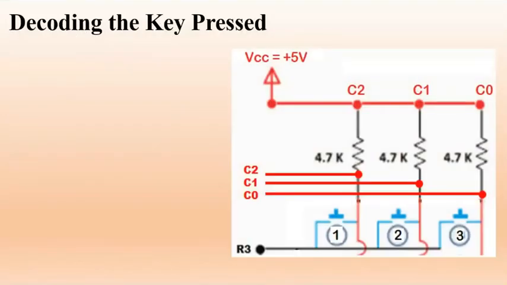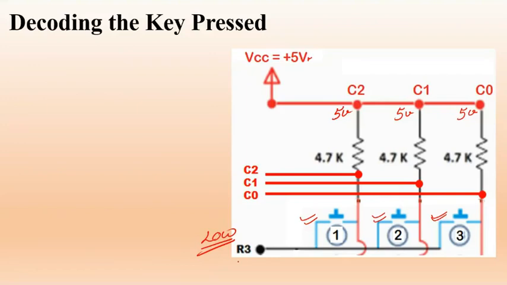Again, let us go to another example. Keep an eye and focus here. You have 5 volt here. So 5 volt is going to reach to these particular nodes, 5 volt, 5 volt and 5 volt. Now this R3 is low. Okay, so you have activated row number 3. So you can check keystroke 1, keystroke 2 and keystroke 3. So you can detect one of these 3 keys, but which one of these 3 is going to be pressed, how you are going to do?